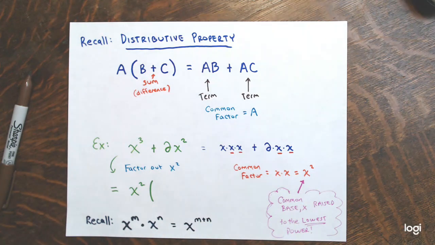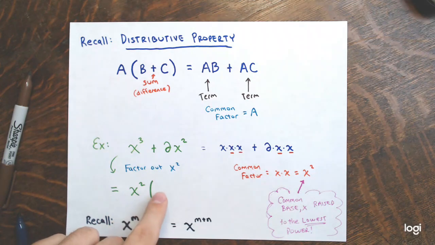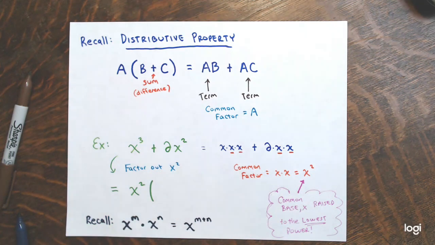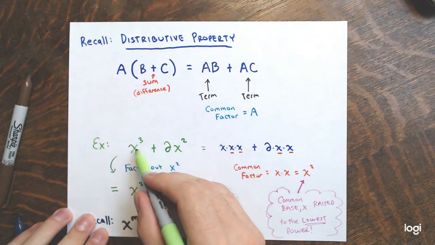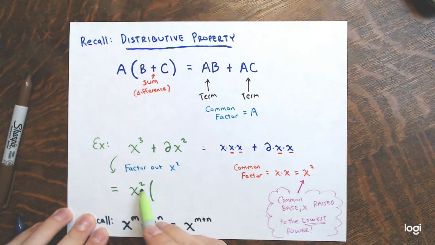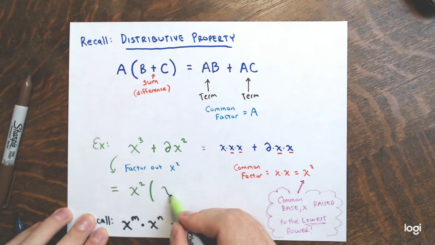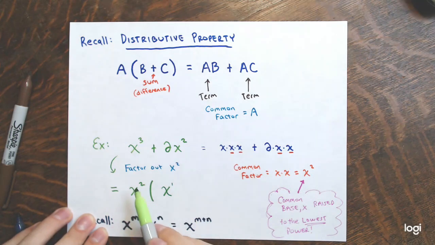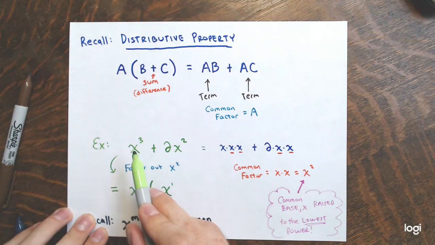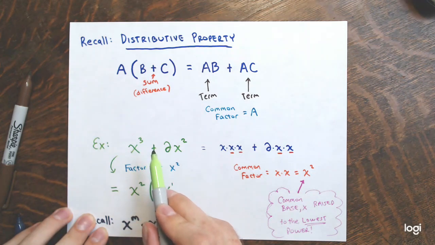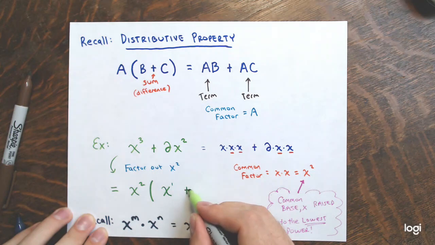So if you keep that in mind, you've got to think, here I have x squared. What would be the power of x in this first term so that when I multiply them I get x cubed? So 2 plus what would be 3? Well, 2 plus 1 would be 3. So I'd have x to the first power. You can write the 1 there if you want. But when I multiply these, x squared times x to the first, I'd get the first term up here, x to the third. Then plus, in parentheses,